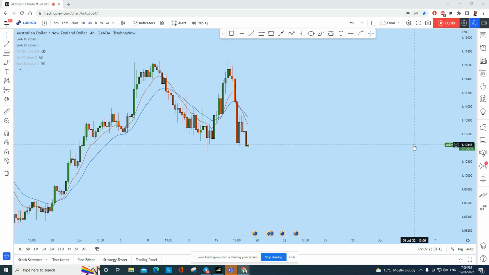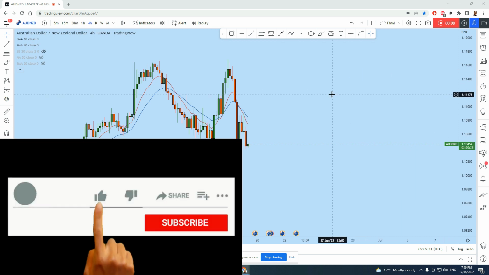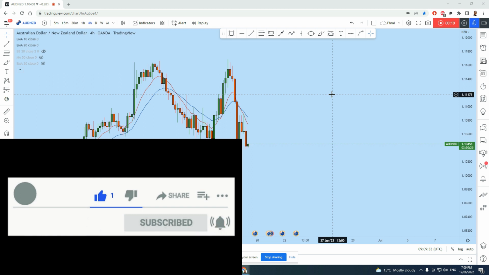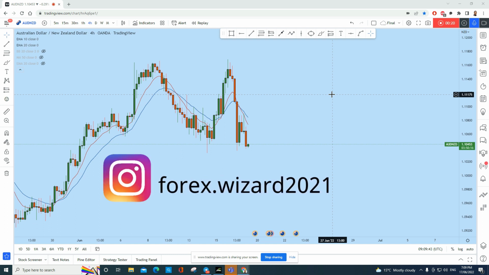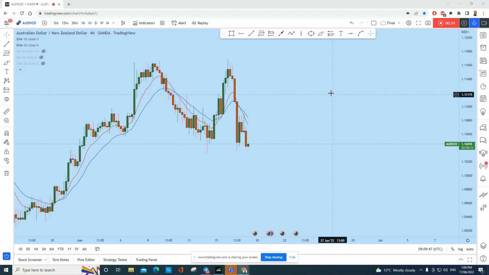What's up, traders? So let's do a complete multi-time frame analysis of AUDNZD. Let's see what kind of trading opportunity we have in this instrument. Now, what you see in the 4-hour time frame, AUDNZD is giving us a significant trading opportunity. Before we discuss what it is, let's do a complete multi-time frame analysis on AUDNZD. Then we'll look at how we can trade